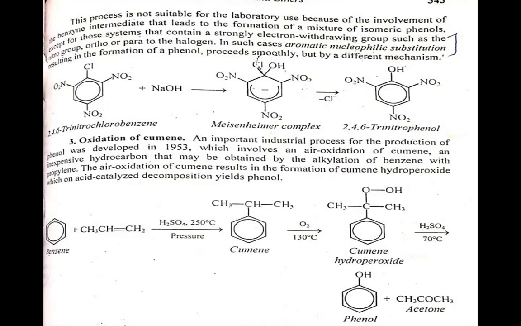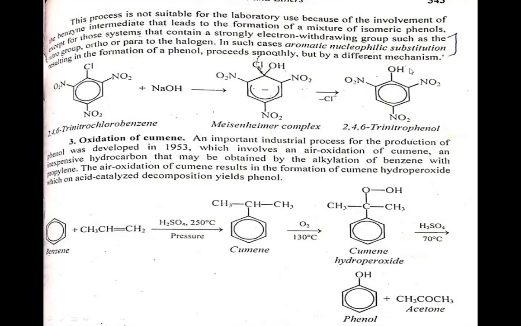This negative charge will come to ortho position, and then it may be delocalized to para position and then to other ortho position. So this delocalization is shown by this half circle along with negative sign in the center. It means this negative charge which comes from this OH group can be delocalized to whole of the ring, and at the end, this chloride ion removes from here along with its electron pairs, and this negative charge is again converted into pi sheath of electron that is delocalized pi electrons, and chloride is removed from here and this